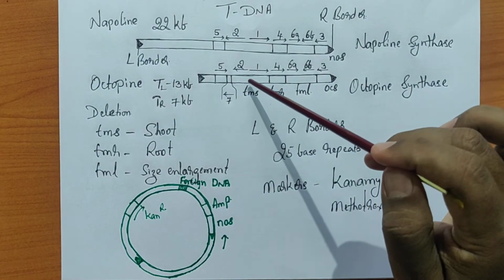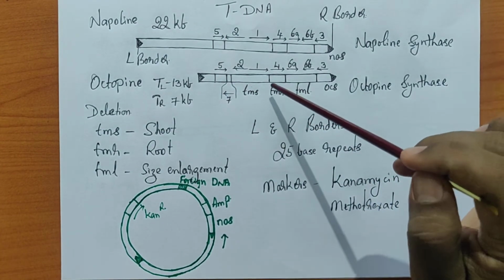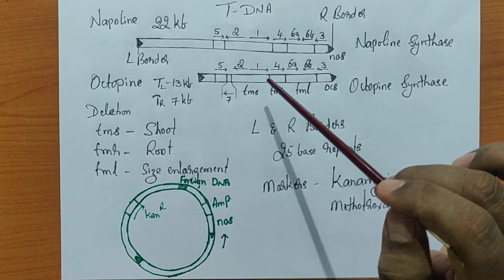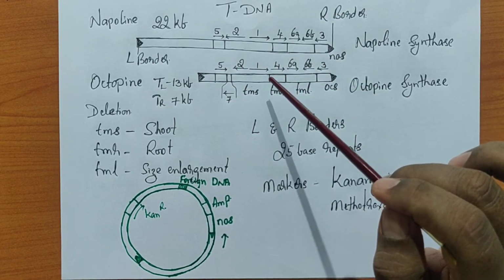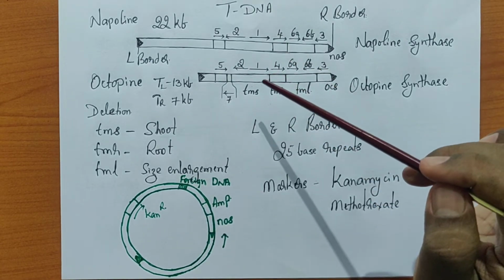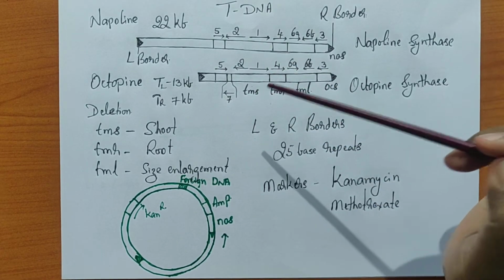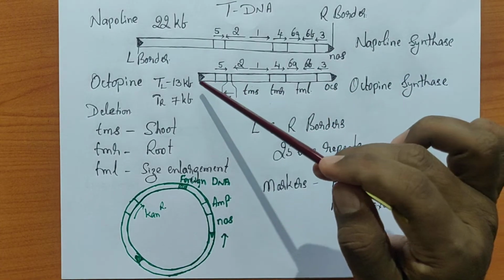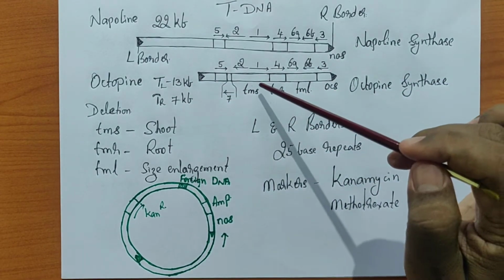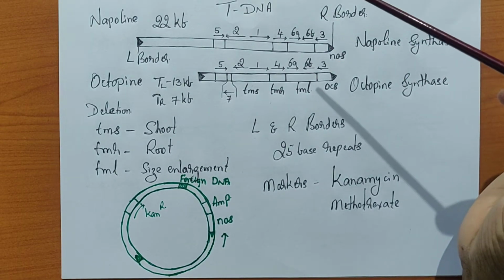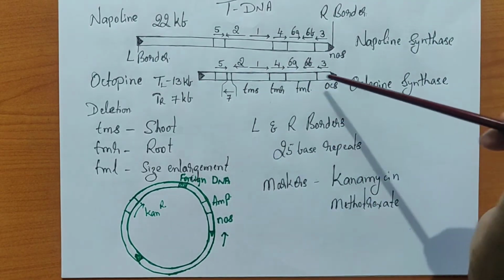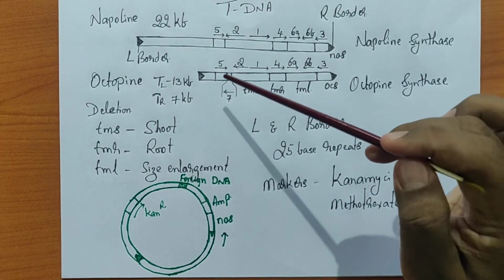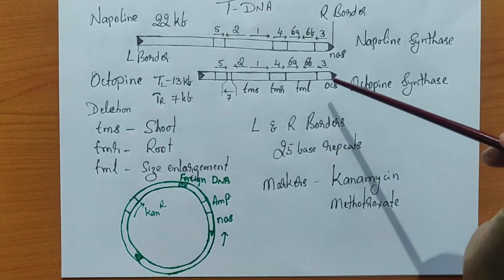So here you can take a gene of our choice. For example, there are jumping genes characterized in maize, and we also have transposons, and usually these transposons harbor an antibiotic resistance gene and many other things in fact. Several transposons can be integrated into the plant vectors with the help of this border sequence. So in the case of a tDNA, the most critical element is the border sequence.